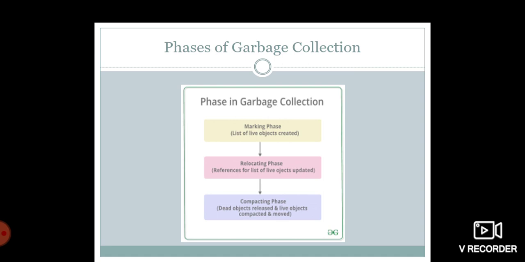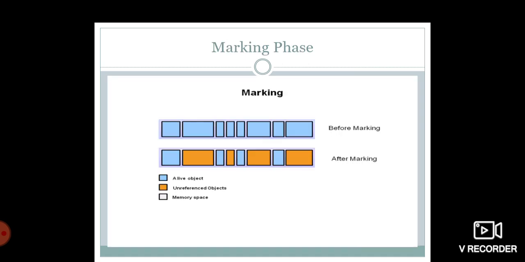Then in the compacting phase, all the objects which are not currently in use will be linked together and moved to one place, and the ones which are in use will be moved to a separate place. All the links of used nodes will be separate, and all the links of the unused nodes will be separate. This will form one contiguous memory location, and that will form another contiguous memory location.